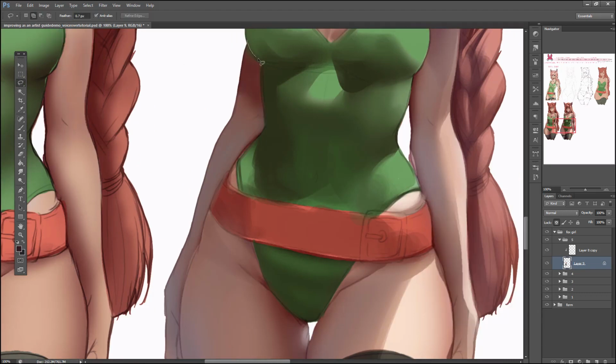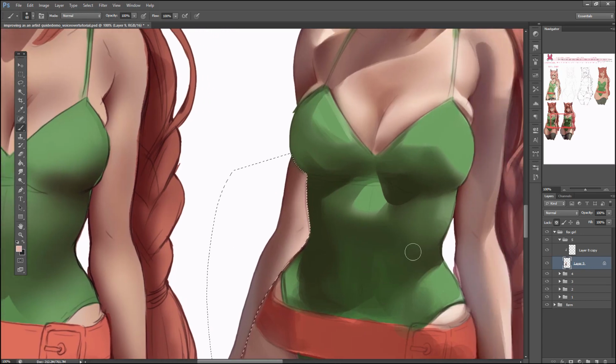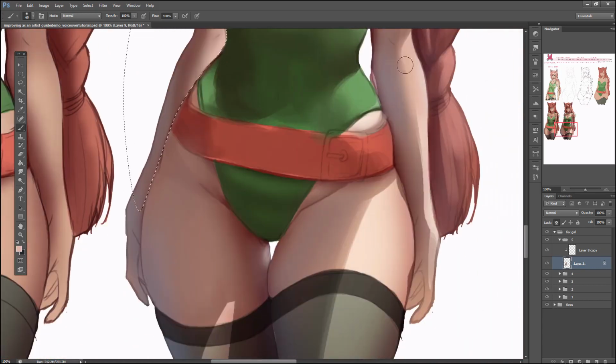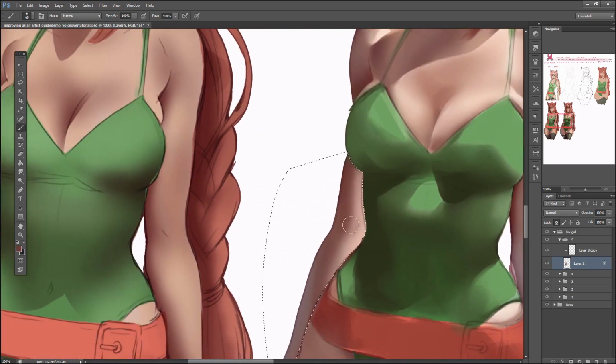Now I'm going to select this part right here and I'm going to briefly add highlight to this arm. The reason why I put highlight here instead of shadow, because back then I would probably put shadow here, but I'm putting highlight here because this arm is in the back, catching some of that lighting that's coming over here, as demonstrated by this arm having a bit of that. So if you paint it like this, it will feel like